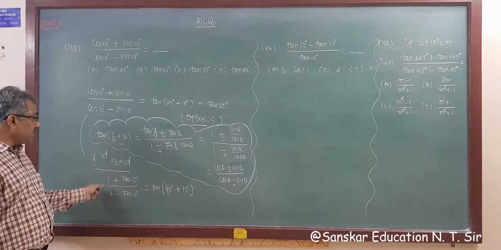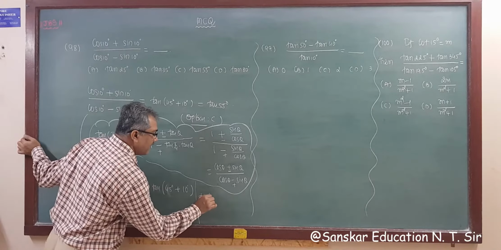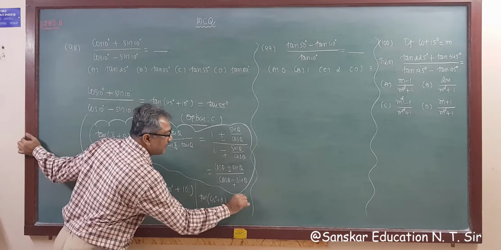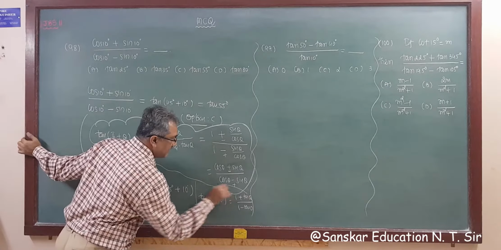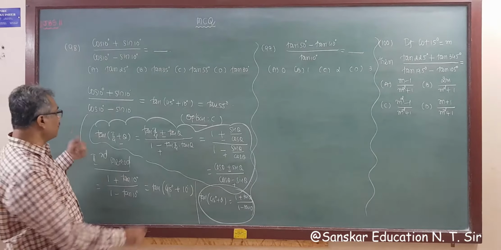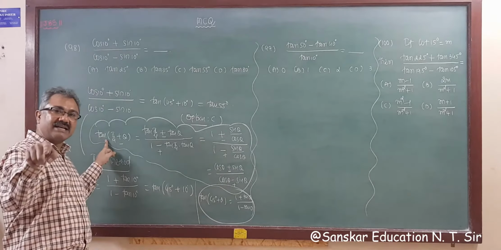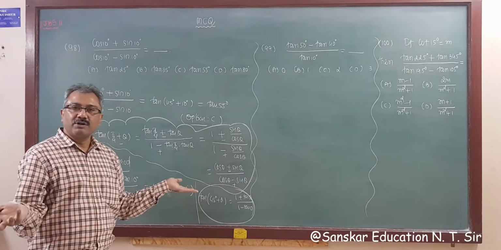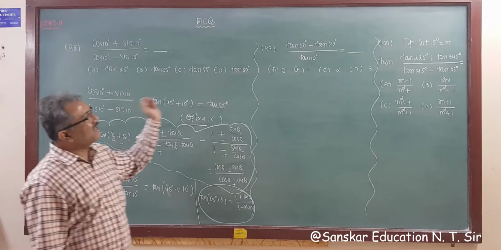So remember this also, another formula: tan(pi by 4, either 45, plus theta) is equal to 1 plus tan theta upon 1 minus tan theta. So you have two formulas. tan(pi by 4 plus theta) is (cos theta plus sin theta) upon (cos theta minus sin theta), either that or (1 plus tan theta) upon (1 minus tan theta). You can use any one formula out of these two. Right?